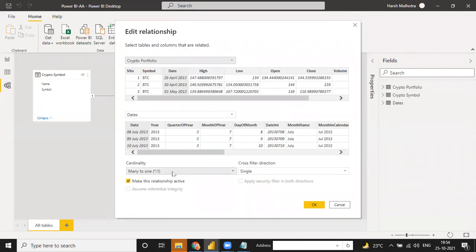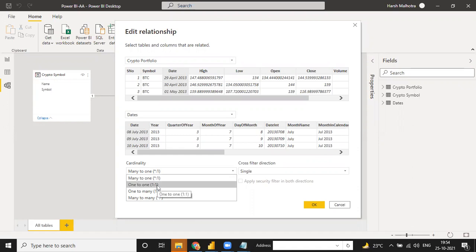And guys, we have a total of 4 types of relationship. I'm just clicking on this: many to one, one to many, or many to many. Many to one and one to many both are the same. Same means, suppose if you connect your fact table to dim table, it is showing as many to one, and if you connect your dim table to the fact table, it is showing as one to many. So it will be the same for all the things.